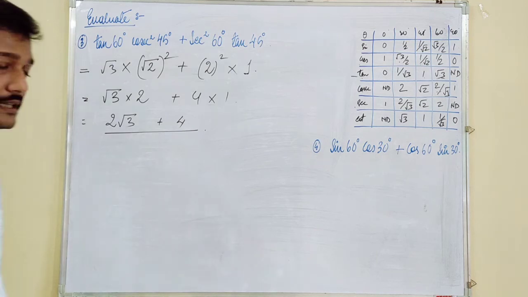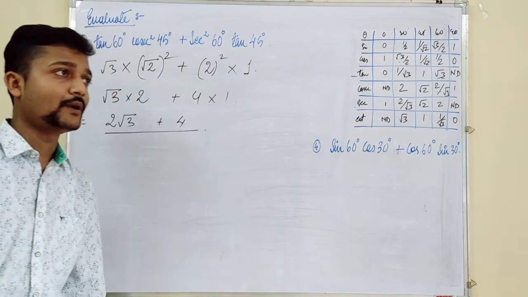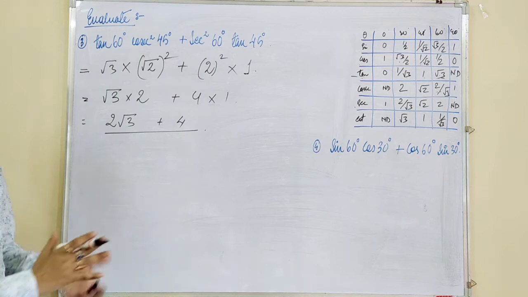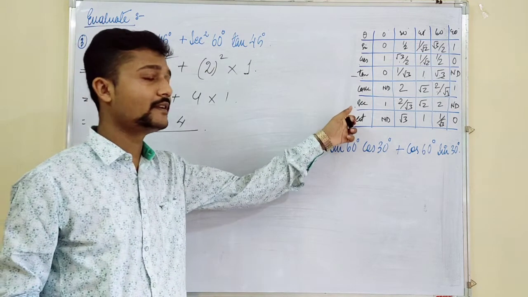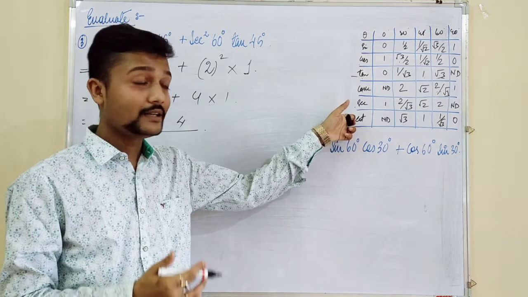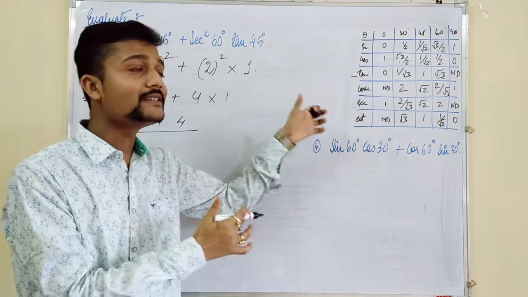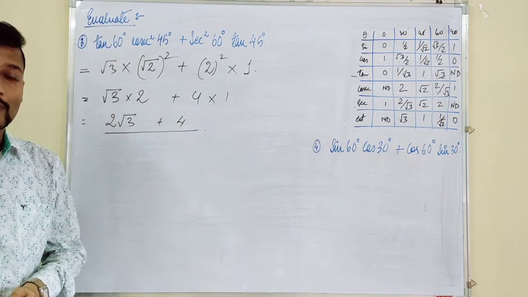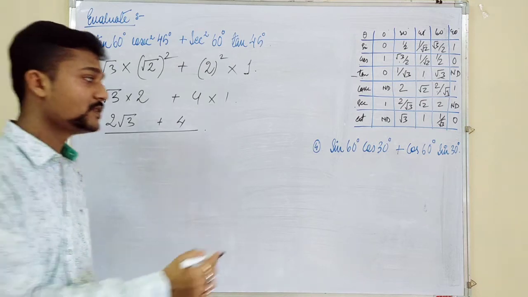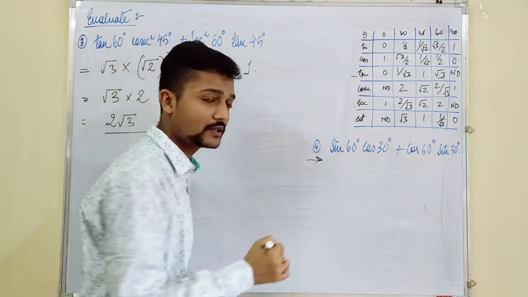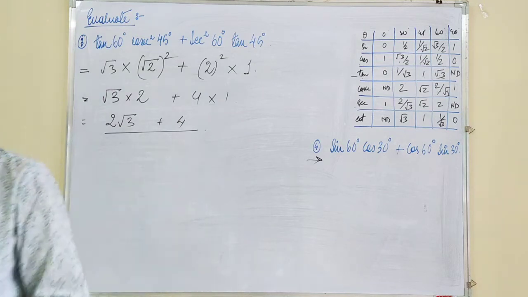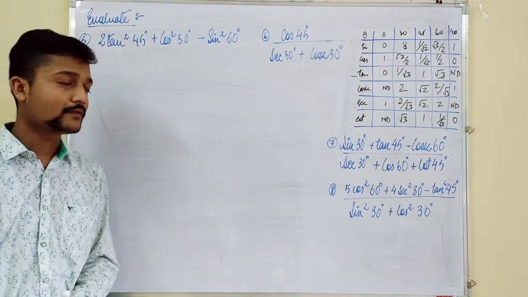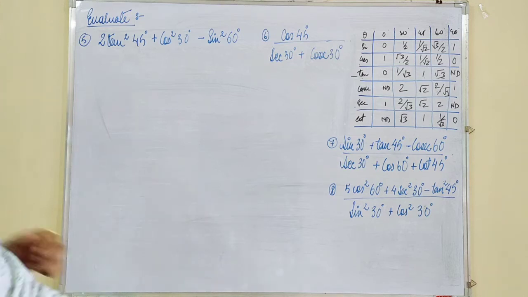I don't think it is much difficult. If you understand the concept, then the whole process is very easy. Whatever we have done here to find out the table, that table is helping us to do all the questions that I am putting on. So this particular question, try to do it by yourself. Then we are going to move on to the next question. So again I have taken a new set of questions. Let us see how to do them.